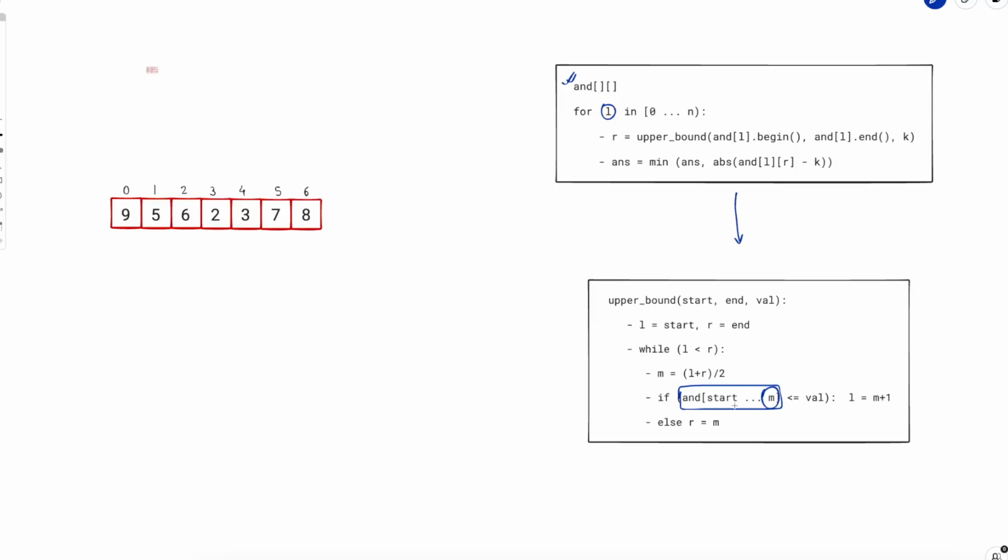So the answer is yes. Instead of building this entire array, you can use a range query data structure to figure out the value of AND of start to m. And how will you do this? You can use a segment tree that will give you the AND of anything between any L and R in just log n time. So this entire thing you will be getting in log n time,